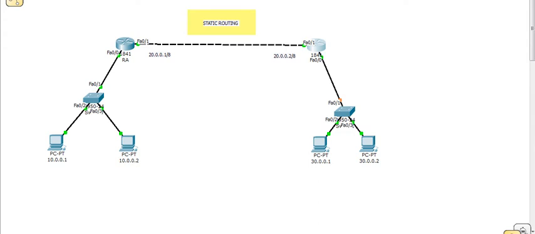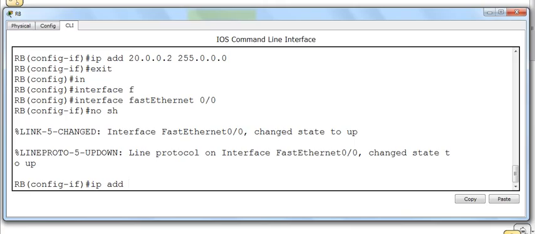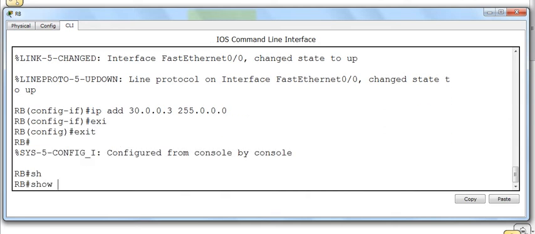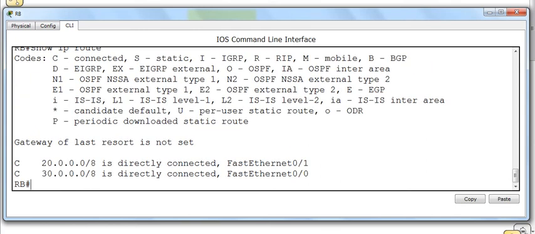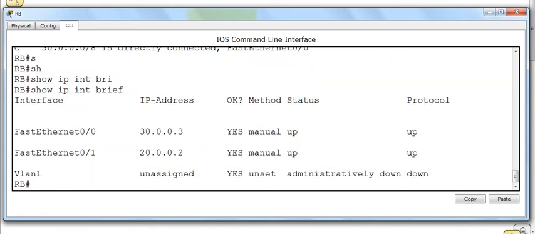On the PCs I have given gateway 30.0.0.3, so that becomes the gateway address. I give 30.0.0.3 followed by the subnet mask. Alright, here also if I say show ip route, I should see two routes, 20 and 30, and in show ip interface brief, I should see two interfaces, status up, protocol up.